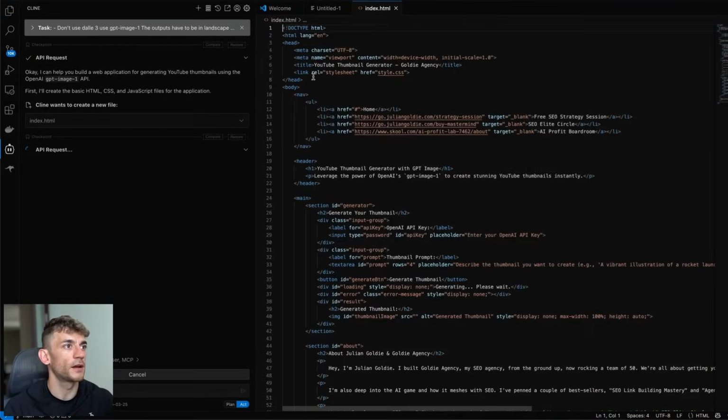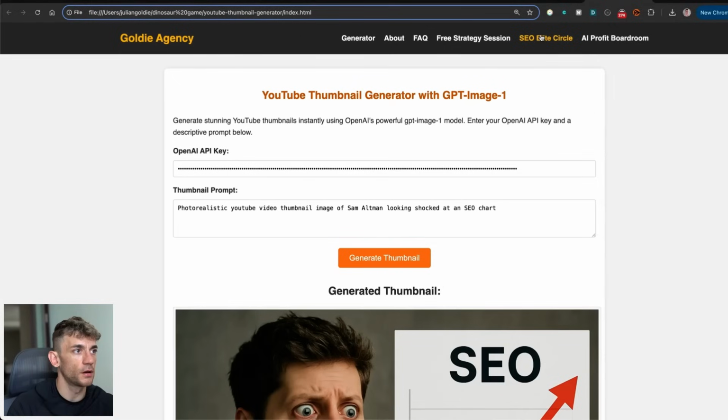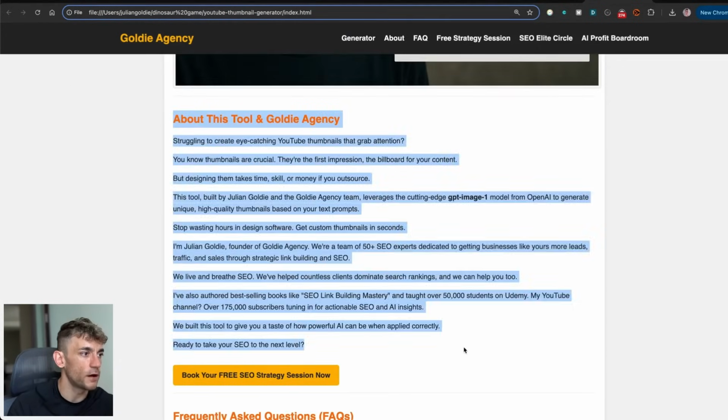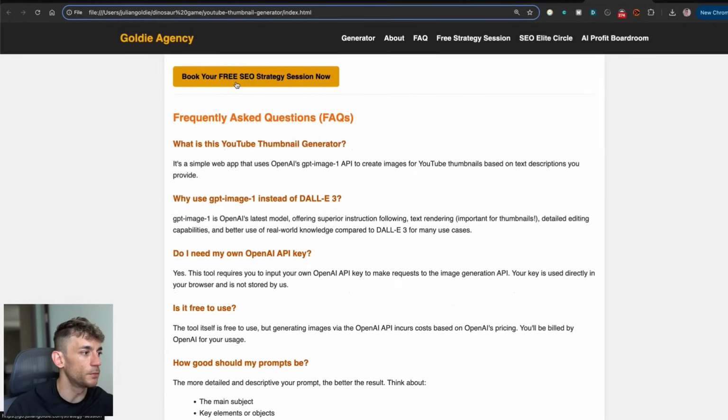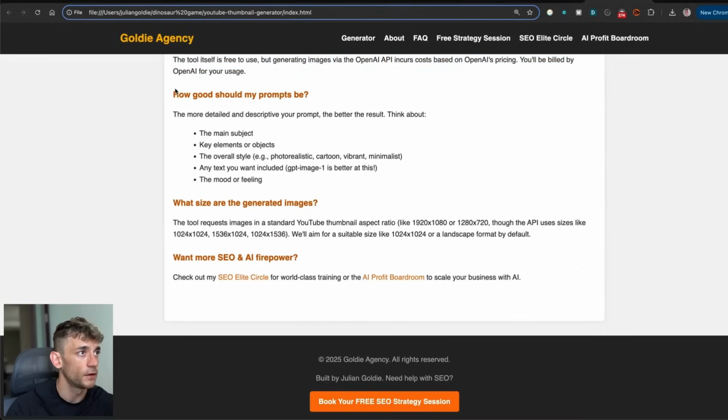The other cool thing about Client as well is you can have custom instructions on how to code. So for example, if you look at the output of this tool, let's go over here. You see how it's got this information about me each time it builds, and it's using my brand colors. The reason that it's doing that is because I've inserted that inside the custom instructions, right? For example, it writes some copy for me. It has a link to book in a free SEO strategy session, answers some FAQs underneath on how to use